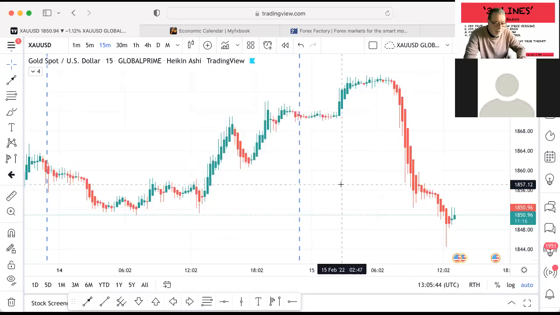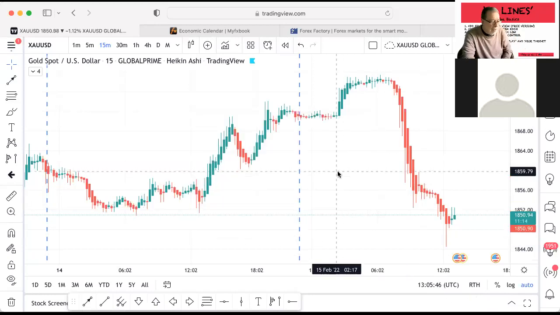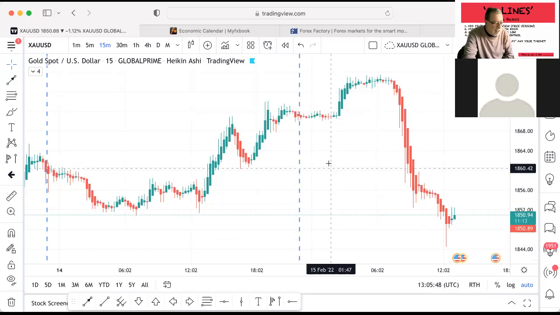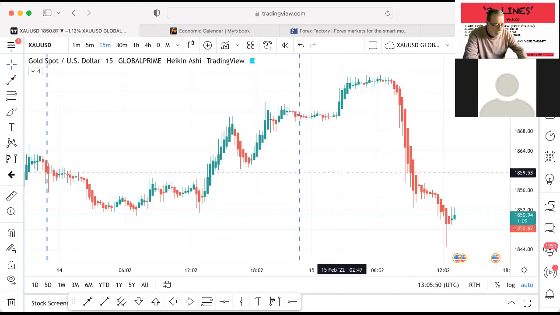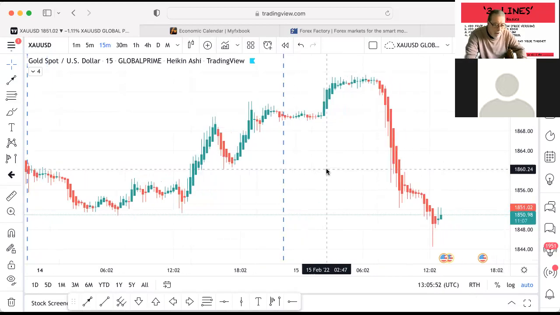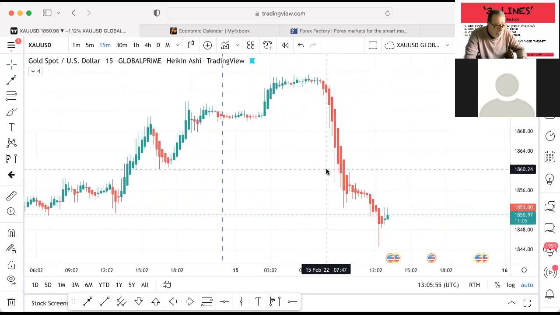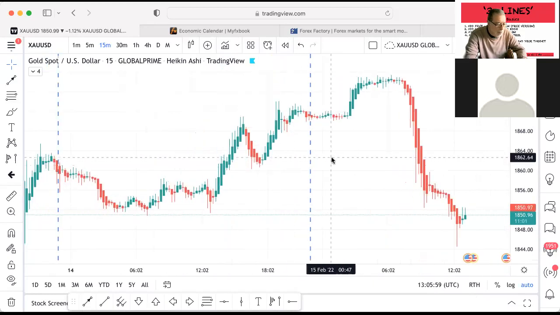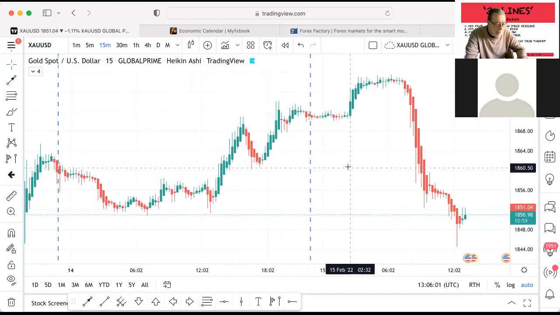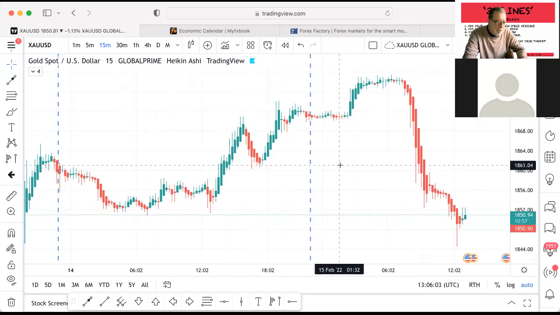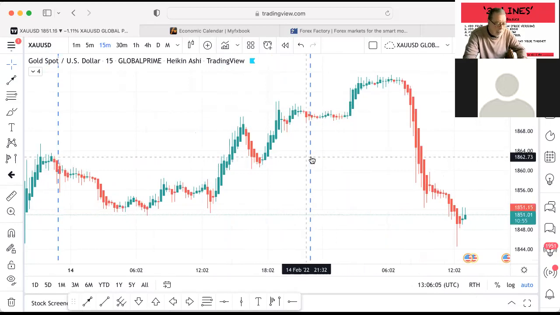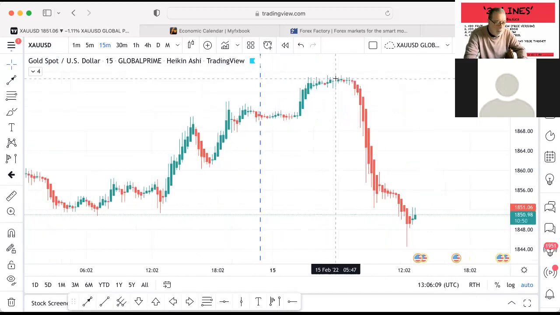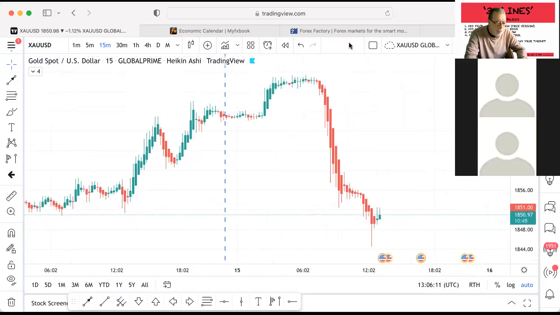Yeah, no problem. Okay, so we're looking at the 15-minute chart for gold. I've stripped it right back to the basics. First thing I want to do is explain what these vertical lines are. A couple of people have asked how they get these vertical lines. So these are the session changeover. And if you haven't got them on your chart, if you go to the top of the